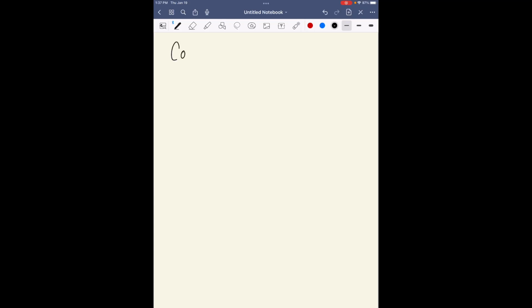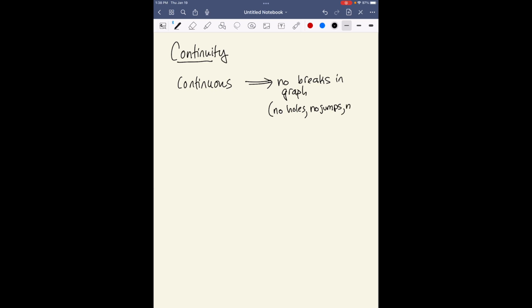Okay, so continuity. Roughly speaking, a function is continuous on an interval if there are no breaks in the graph. So that means no holes, no jumps, no vertical asymptotes. In other words, if I was to draw the graph of the function, I could do so without ever lifting